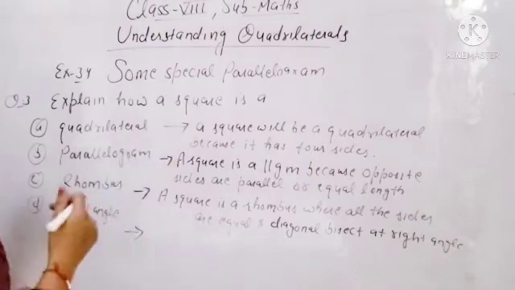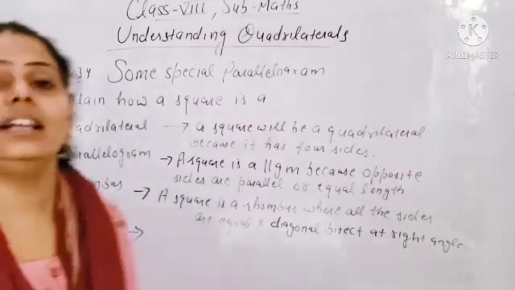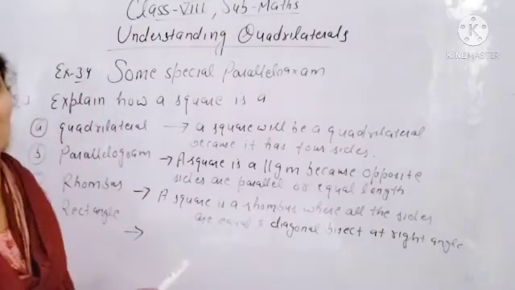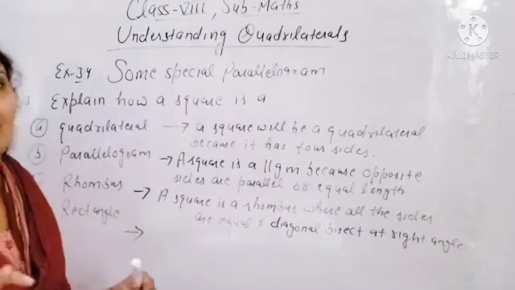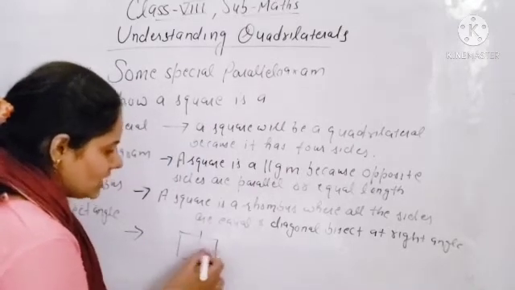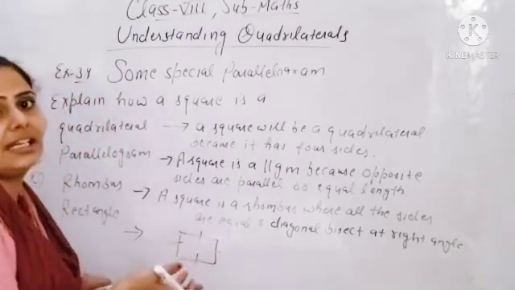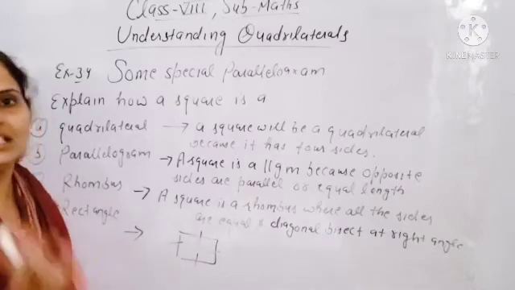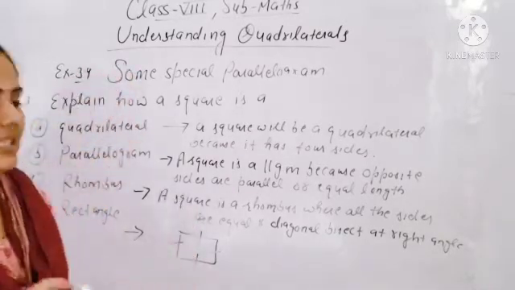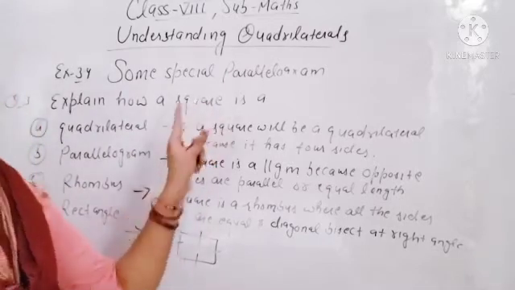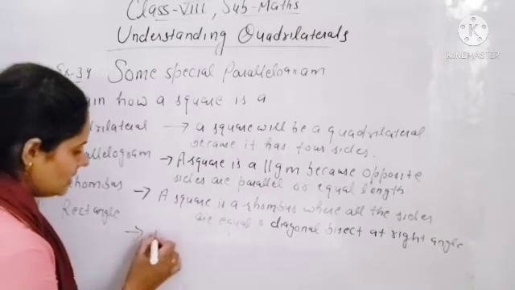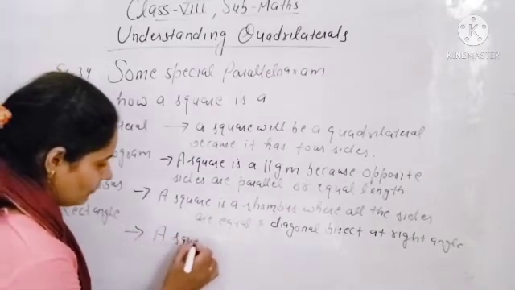Now how a square will be a rectangle? When can a square be a rectangle? When it satisfies the properties: opposite sides are equal and all the angles are 90 degrees. So beta, in a square, if you take the opposite sides, all the sides are equal, it means definitely the opposite sides will be equal. So it satisfies the condition of a rectangle, because in a rectangle opposite sides are equal in length. After that, in a square all the angles are 90 degrees and in a rectangle also. So yes, a square is a rectangle.